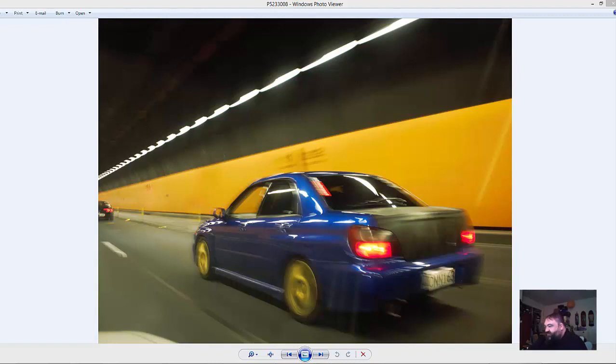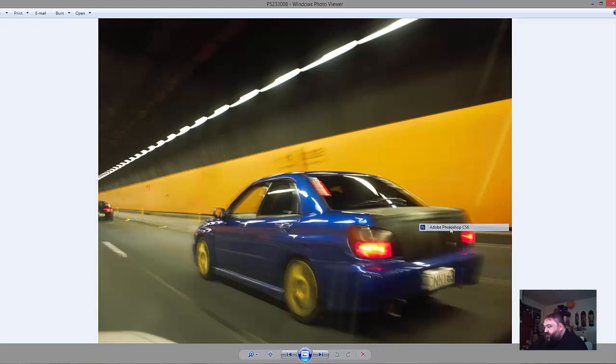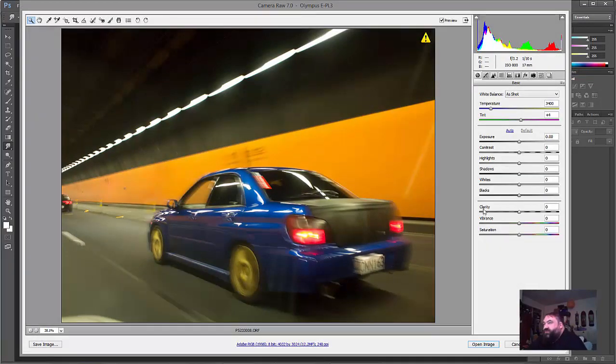So let's jump into it. I'm just going to open it with Photoshop, even though the images from that camera will actually load in Lightroom. I don't think it needs that much work. So here we go. Photoshop, Camera Raw, as I learnt from Serge Ramelli. Highlights all the way down, shadows all the way up,